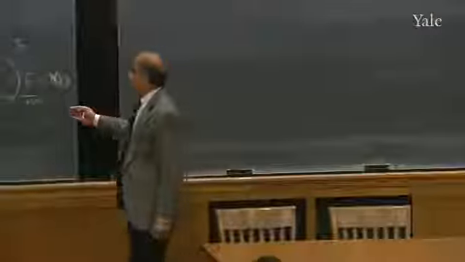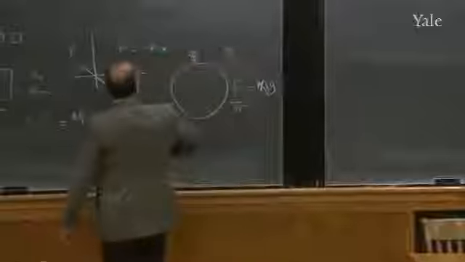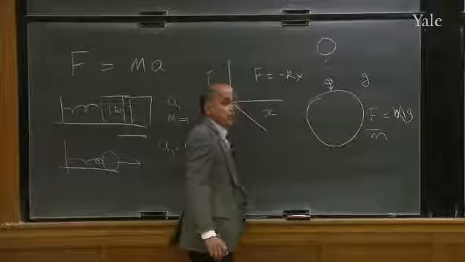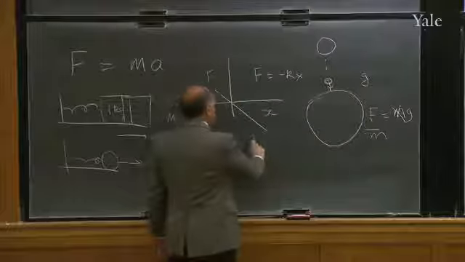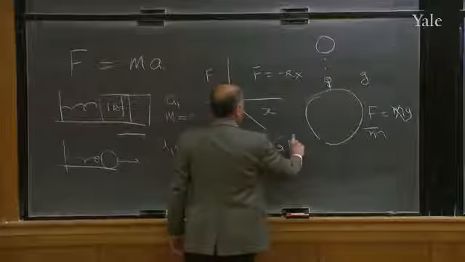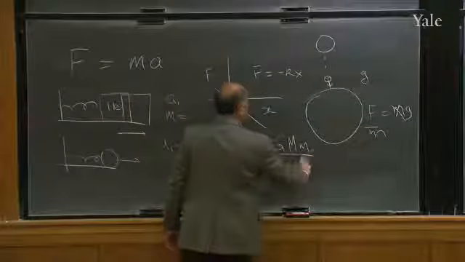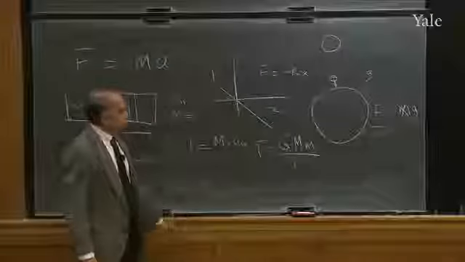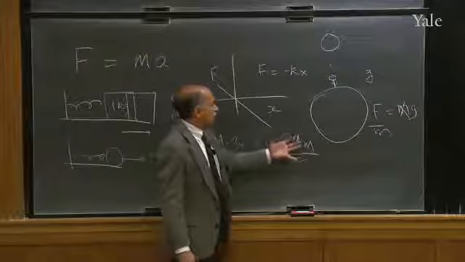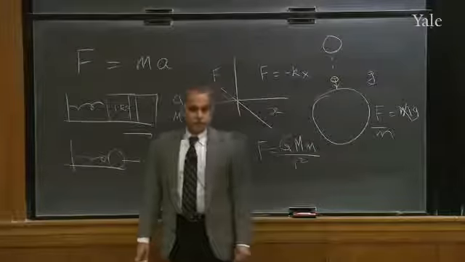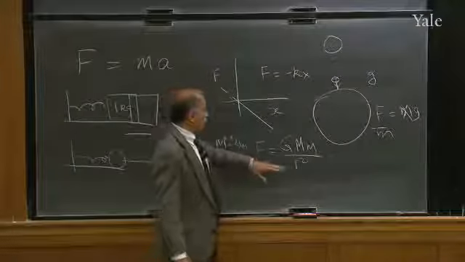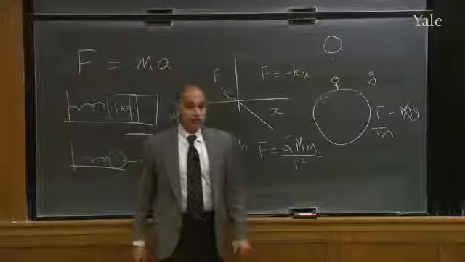And another excursion in the same theme is if this object gets very far, say like the moon over there, then the force is not given by mg, but the force is given by this law of gravitation for r very near the surface of the earth. If you put r equal to the surface of the earth, you will get a constant force that is just mg. But if you move far from the center of the earth, you've got to take that into account, and that's what Newton did, and realized the force goes like 1 over r squared.